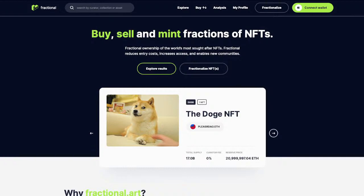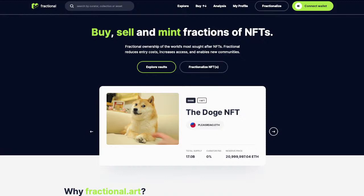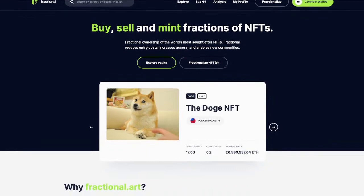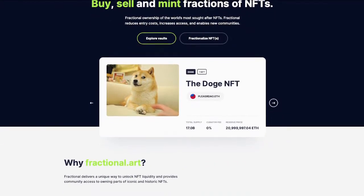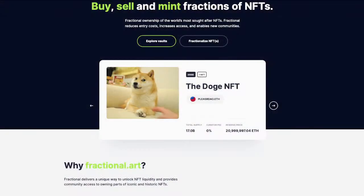So tagline from their site: you can buy, sell, and mint fractions of NFTs. The idea here is that it provides a cheaper entry point for the masses into blue chip NFTs. So certainly Andy and now DZ5, who's on board as the community manager for Fractional, they understand that the masses can't afford a CryptoPunk, right? But they want to be able to allow them to participate. So what fractionalization does is it enables a CryptoPunk owner to fractionalize that and essentially sell stock shares, as the easiest analogy. If you go to a specific page, you will see,